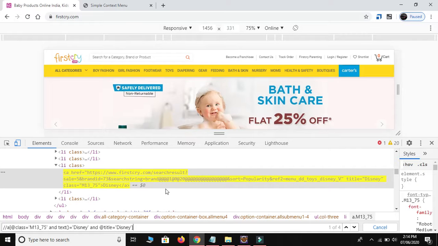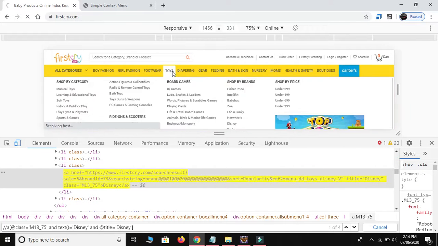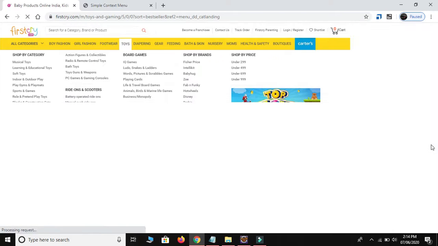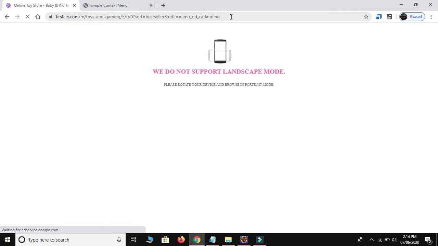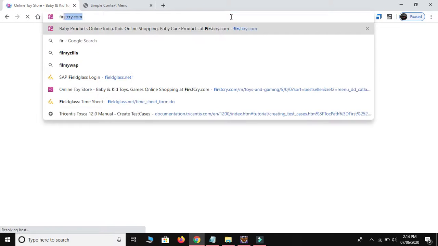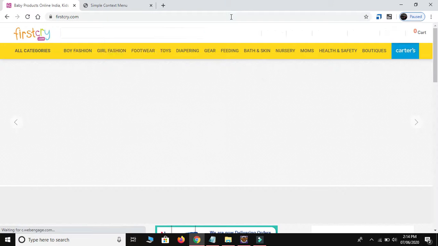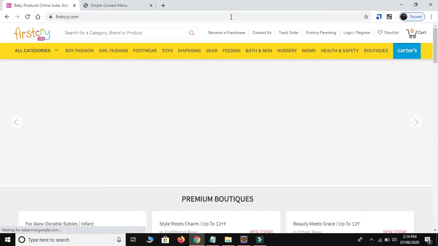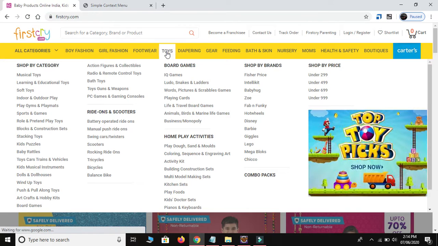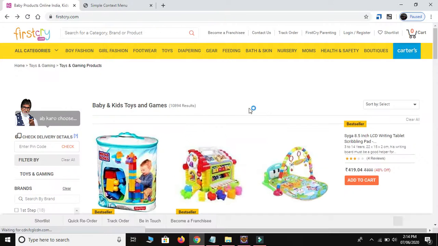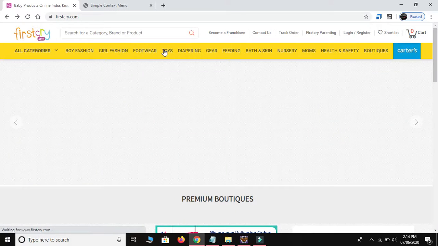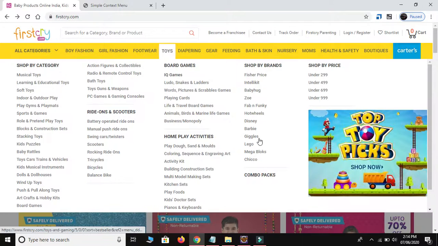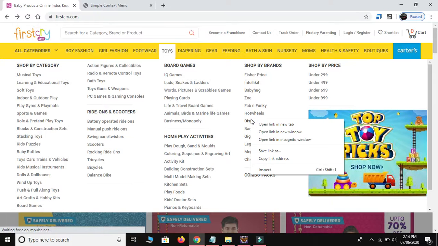so for this web element I will take the absolute XPath on firstcry.com, because I want to show you the performance of mouse hover. Okay, after mouse hovering, I just clicked on the web element, yeah, toys, right, then this Disney, right click, inspect.